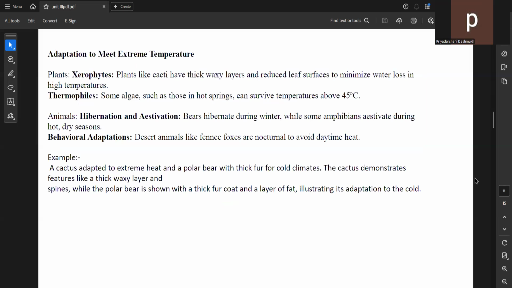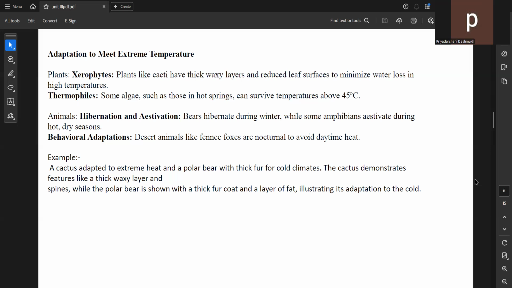Now the next is adaptation to meet extreme temperature. What are the adaptations that have developed in plants or in animals to meet extreme temperature? In plants, there are xerophyte plants and thermophyte plants. The xerophyte plants like cactus have a thick